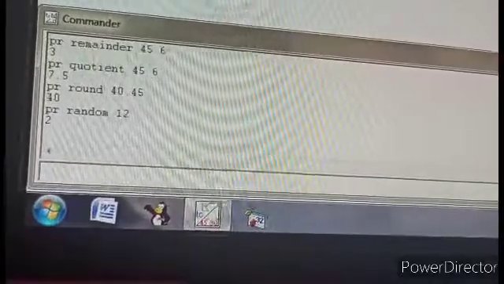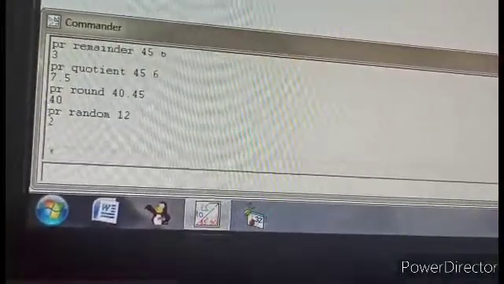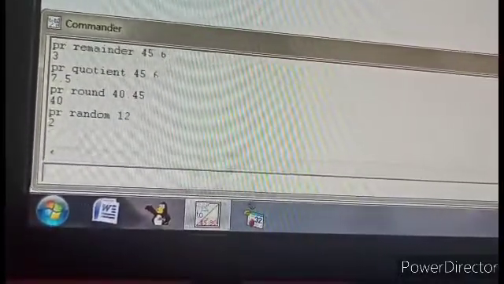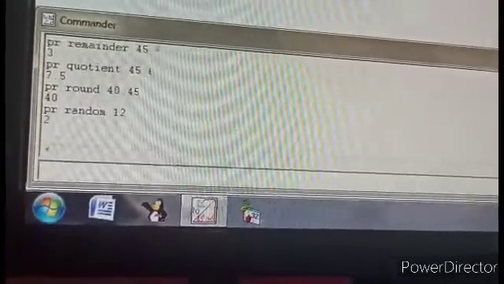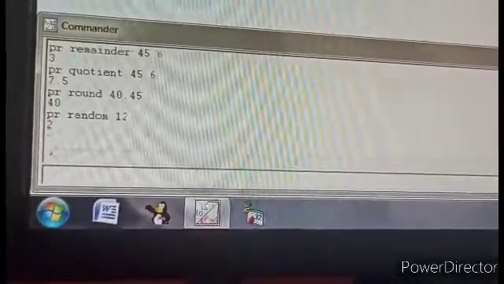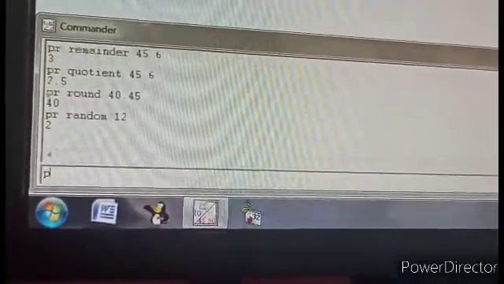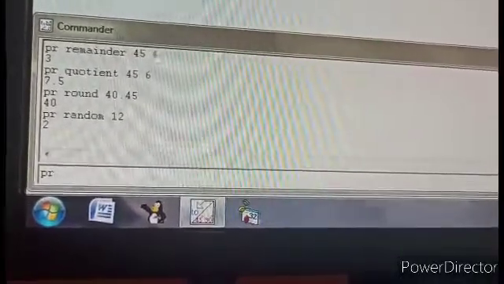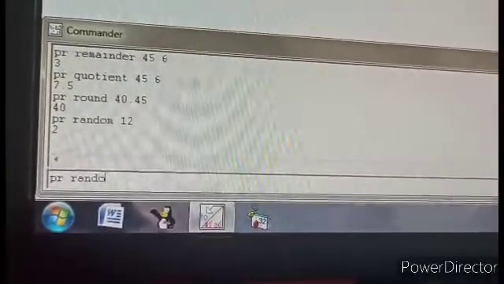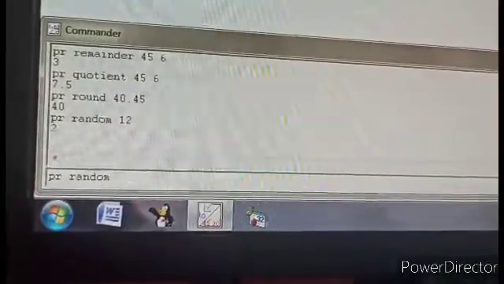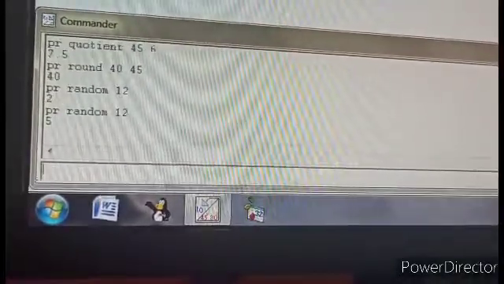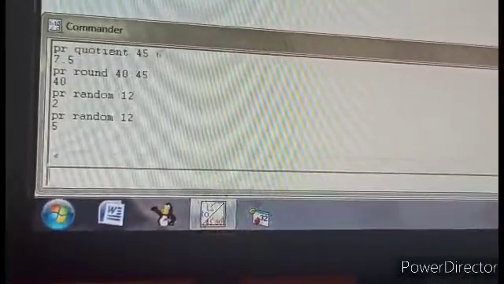See, the number 2 has come. That means it searched for a number between 1 and 12 and randomly chose 2 and gave it to you. Next time if I give the same command, random 12. See, this time 5 has come.